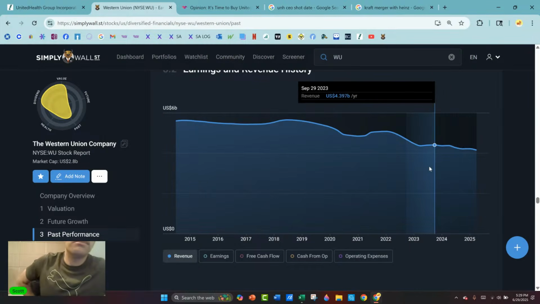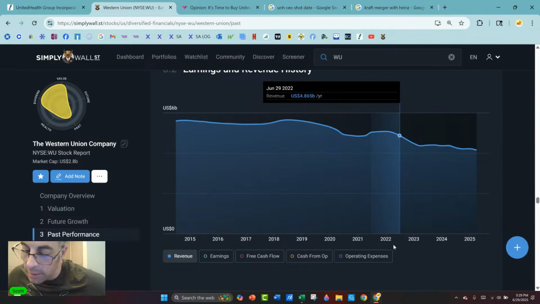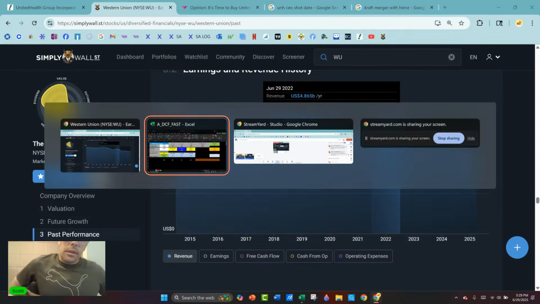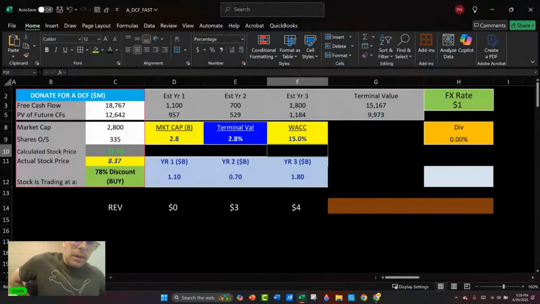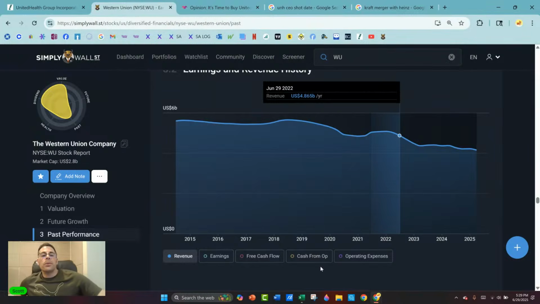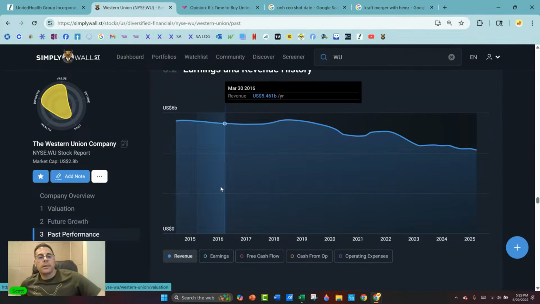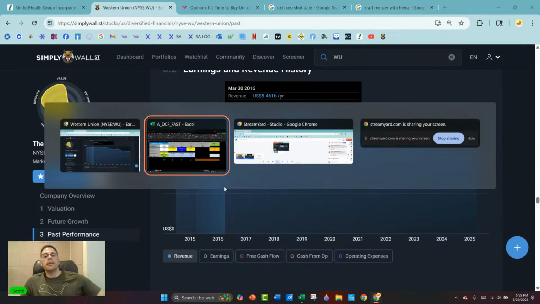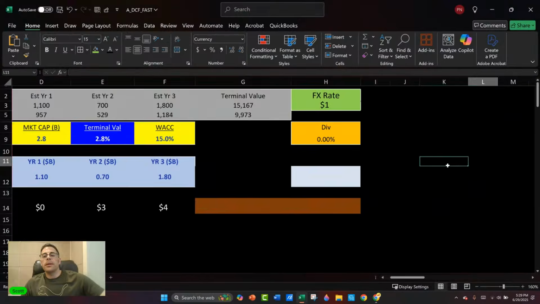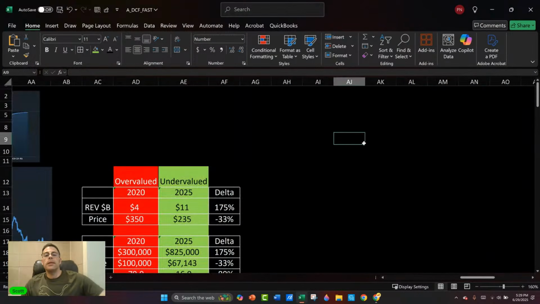So it's a shrinking business, and if you want to chase the yield, it could be a trap. The projected earnings, that is true, but this is pretty much what happens with these stocks, unless you really time